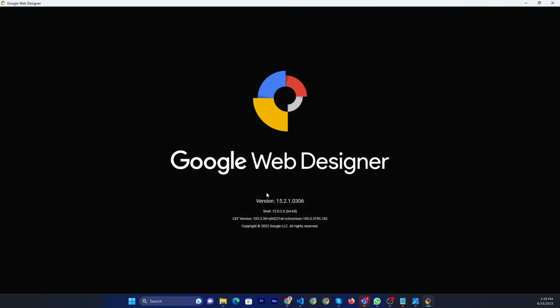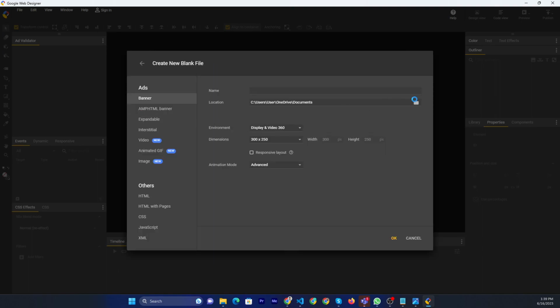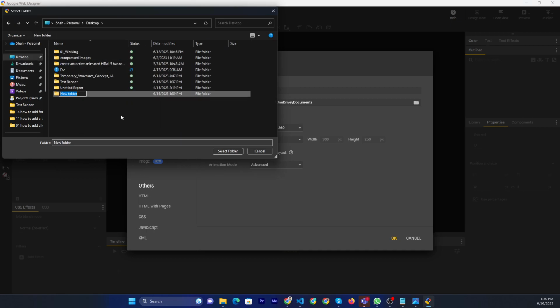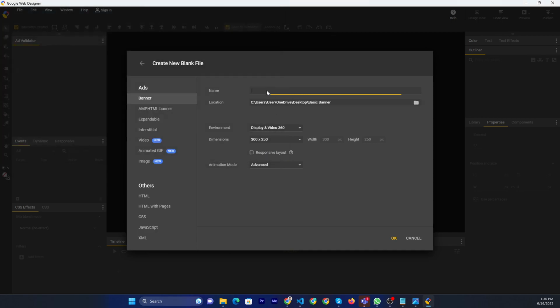I'll start from scratch, create new files. First of all, need to save like basic banner. Then we need to name basic banner. Size will be the same, and this will be Google Ads. Then